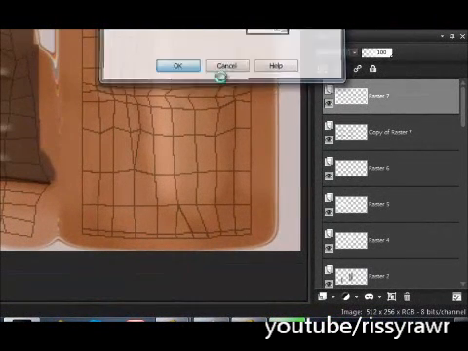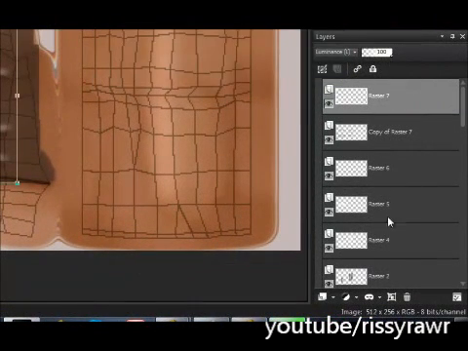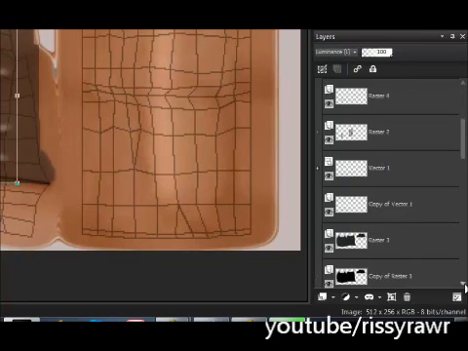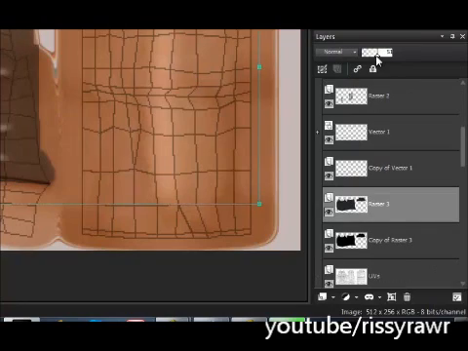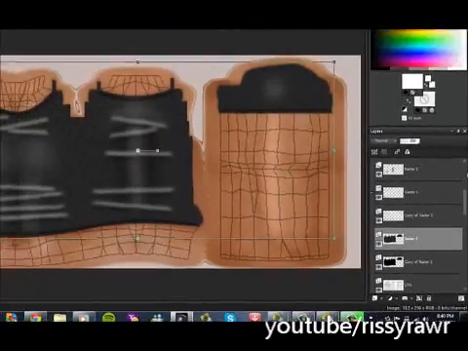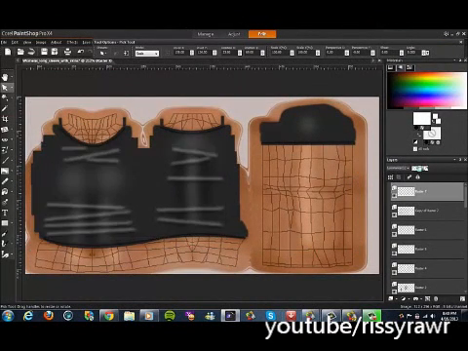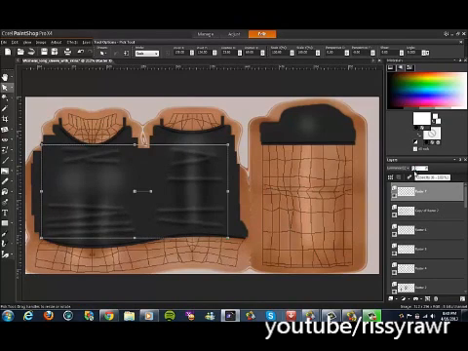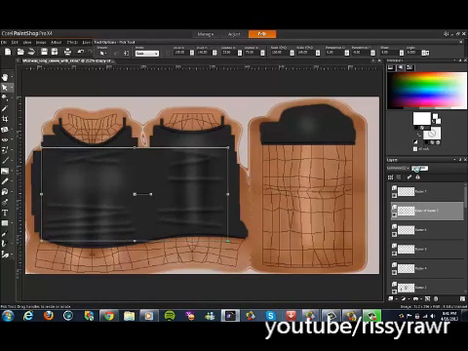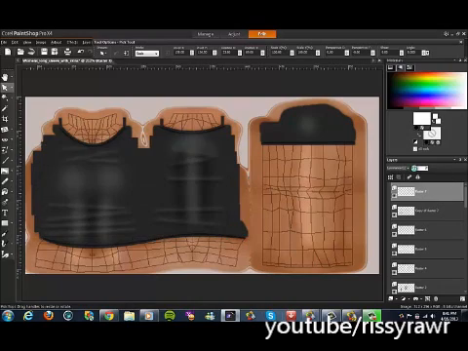Back down to 2. I'm pulling the opacity up on my shirt. I forgot to do that so that I can see what the wrinkles look like. It takes me so long to do things. I don't know if it takes other people that long, but I get confused. I mean, I've been using the program for a while now, but you just have so many layers open. It's just crazy sometimes. Okay, I'm pulling the opacity down there